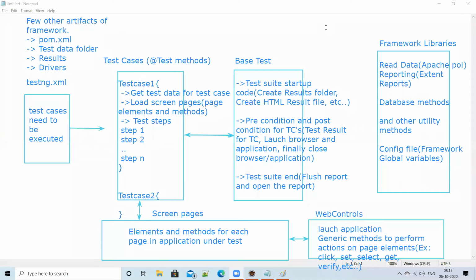Whatever you can see on the screen, you should be able to explain this. Suppose they ask what type of framework you are using, then you just explain my second approach, what features you are using. The major important things you can cover. Remember, for any framework you are talking about, there are a few things which you should always cover. What they are, if you ask me, let me clear this.